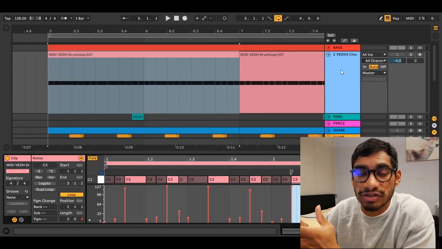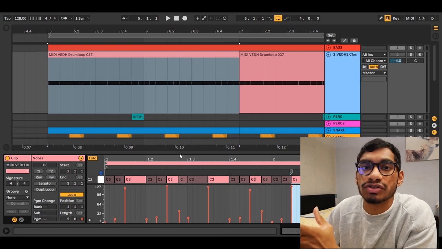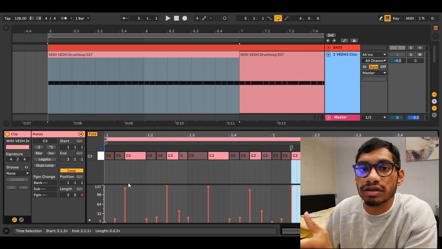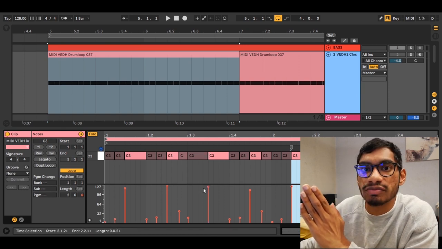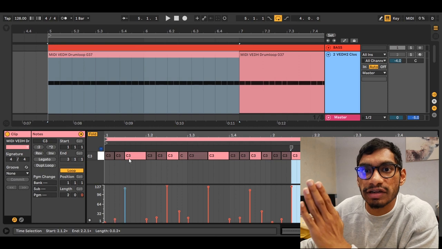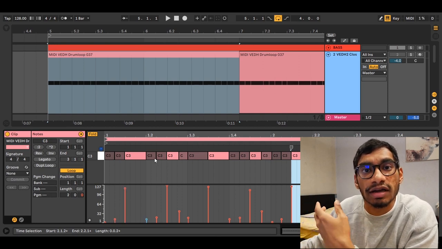You will then end up with something like that. And what you can do is just select the one line that's interesting. So here what's really good is you can see that it's just not a hit that hits in a robotic way. You can see that there's velocity movement, the groove is not perfectly on the grid, and so this is what makes the loop interesting to hear and high quality.